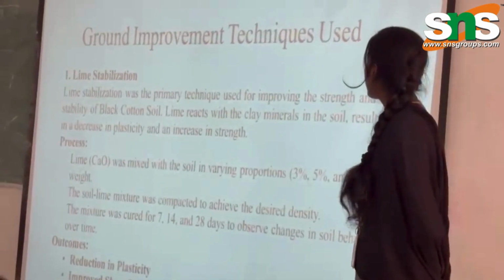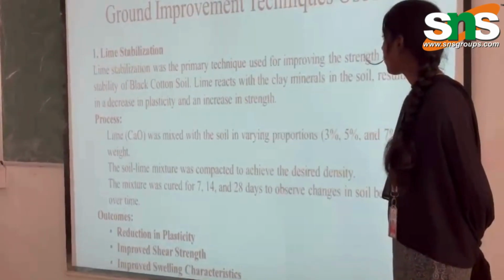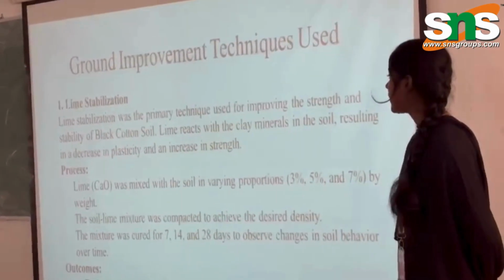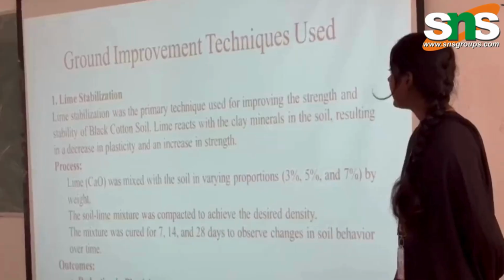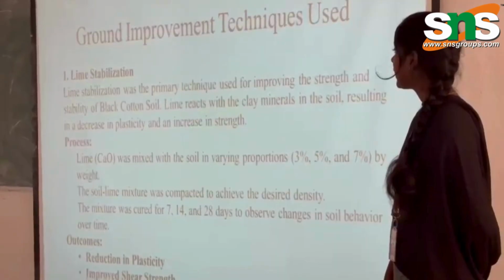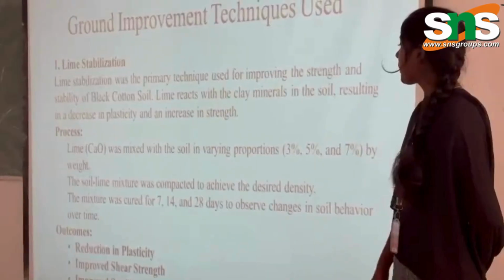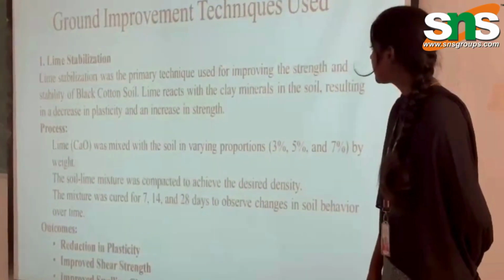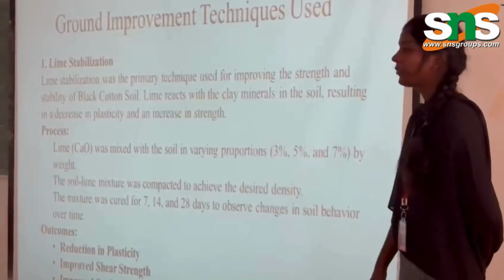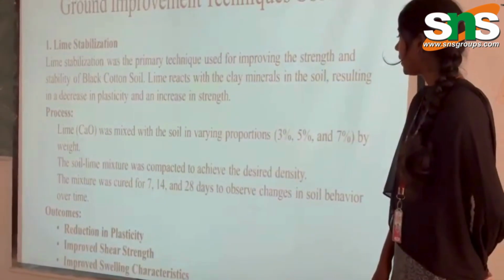Ground improvement technique used: lime stabilization. Lime stabilization was the primary technique used for improving the strength and stability of black cotton soil. Lime reacts with the clay minerals of the soil, resulting in a decrease in plasticity and an increase in strength. In the process, lime was mixed with the soil in various proportions: 3%, 5%, and 7% by weight. The soil-lime mixture was